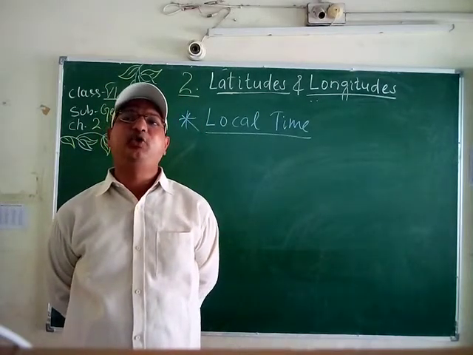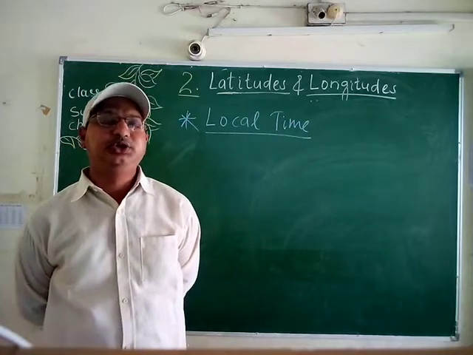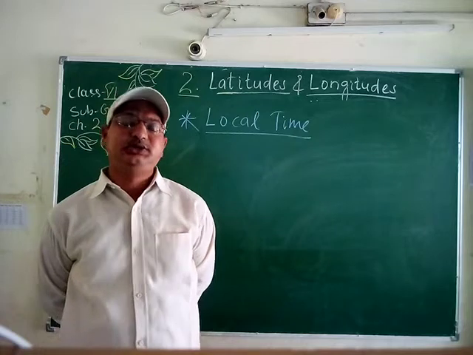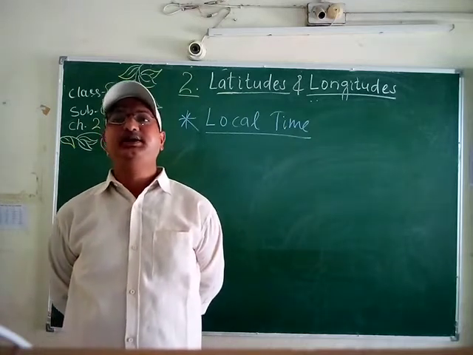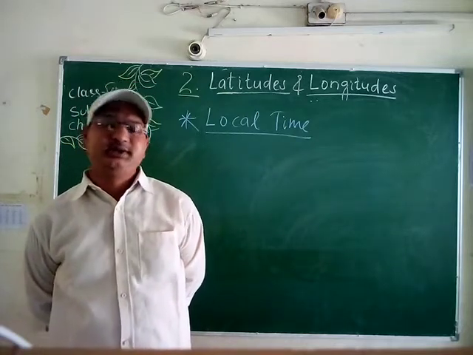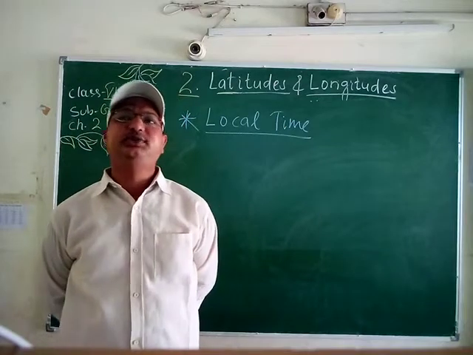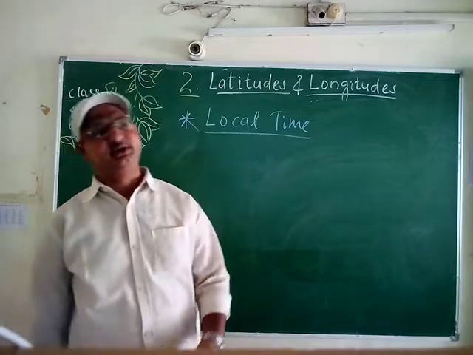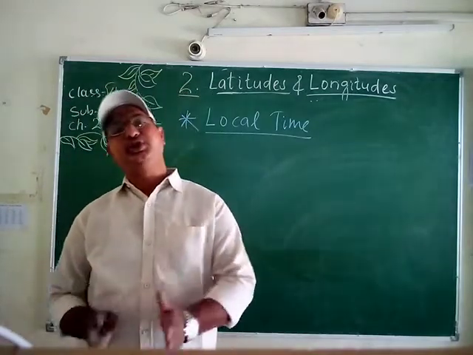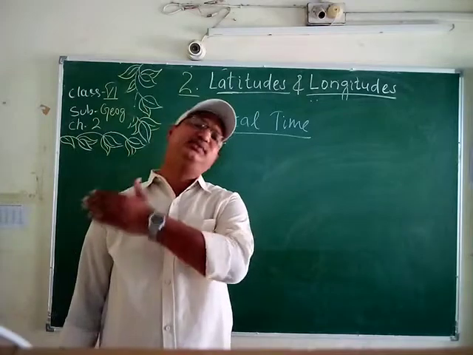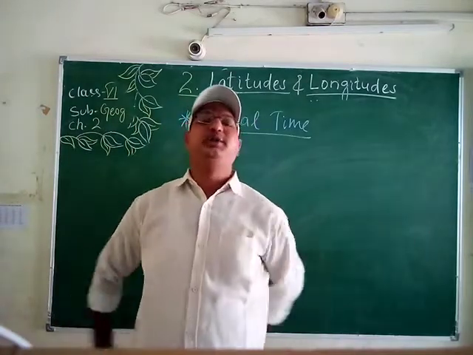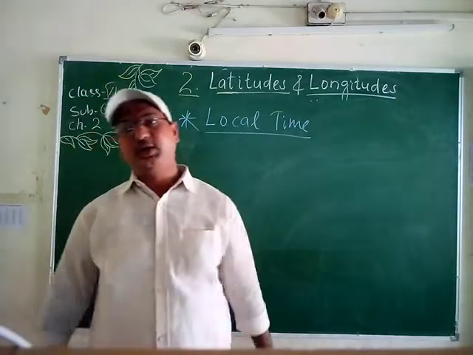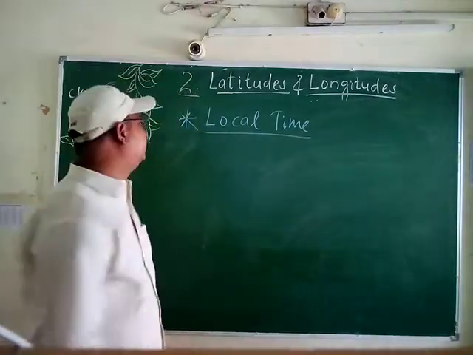The sun rises about an hour earlier in the northeast than it does at places near the standard meridian of India. These places thus receive direct rays of the sun earlier than the rest of India. Students, as I have told you, northeastern states like Arunachal Pradesh, which is situated in the easternmost part of India, receive the sunlight before the other parts of the country. Students, this was all about the local time. Now we will study about the international standard time.